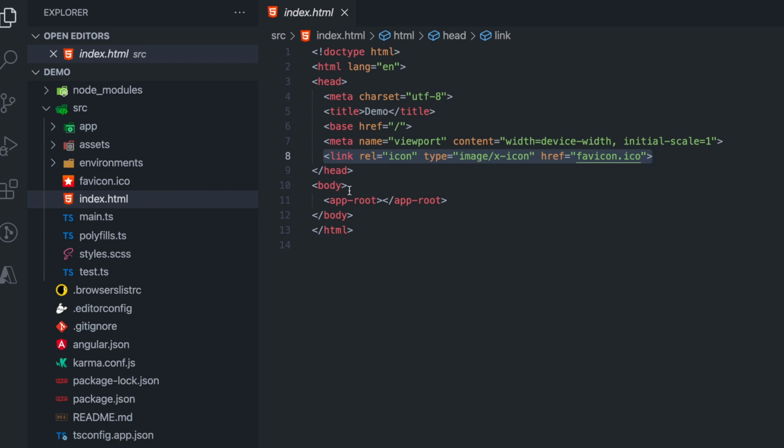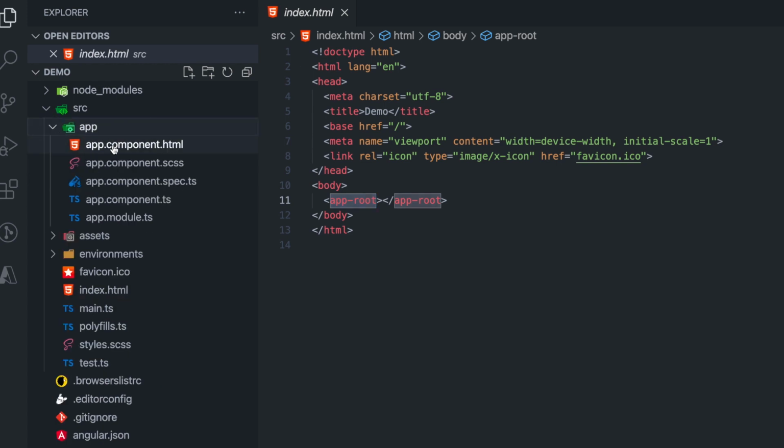And then we have something called body, and inside body this is crazy. If you search about HTML tags, you will never find such a thing as app-root. This is a custom tag which Angular understands.